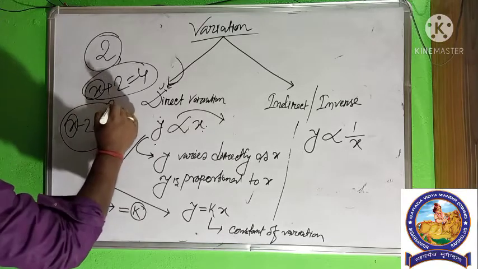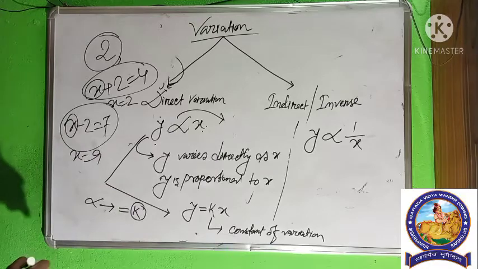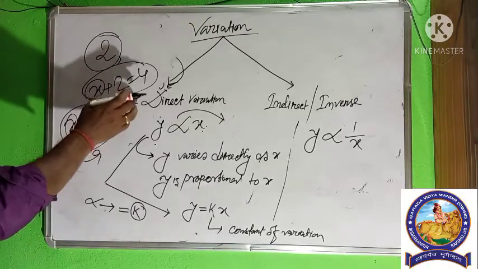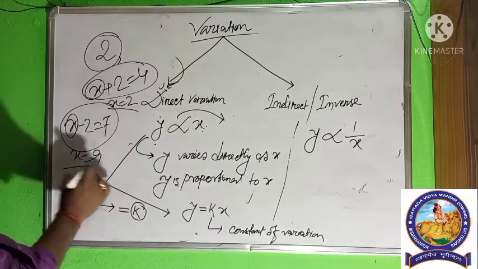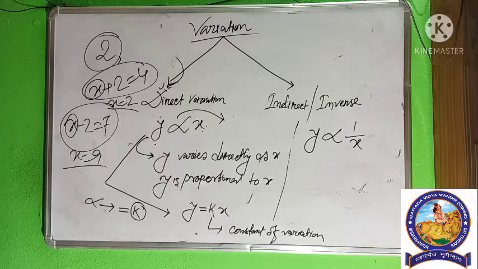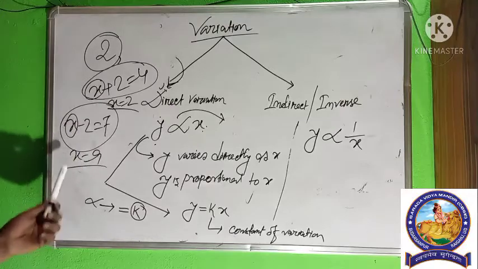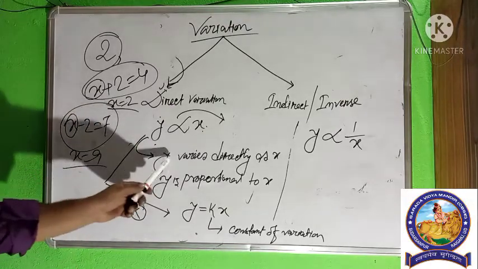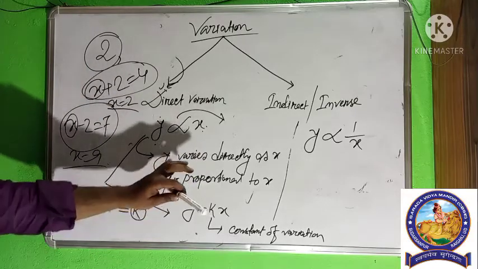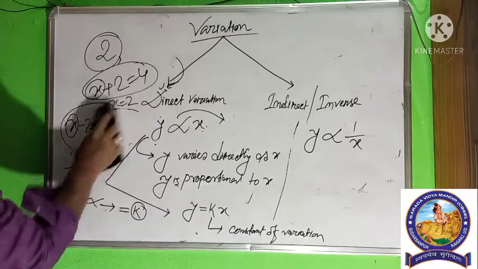But here the value of x is 2, here the value of x is 9. So as per the question, for a different question, the value of x is different. That means the value of x may vary. That's why this kind of symbol, x and y, are called variables here. Variable means it may vary. That means the values of x and y may be changed according to the question, but the value of the constant may